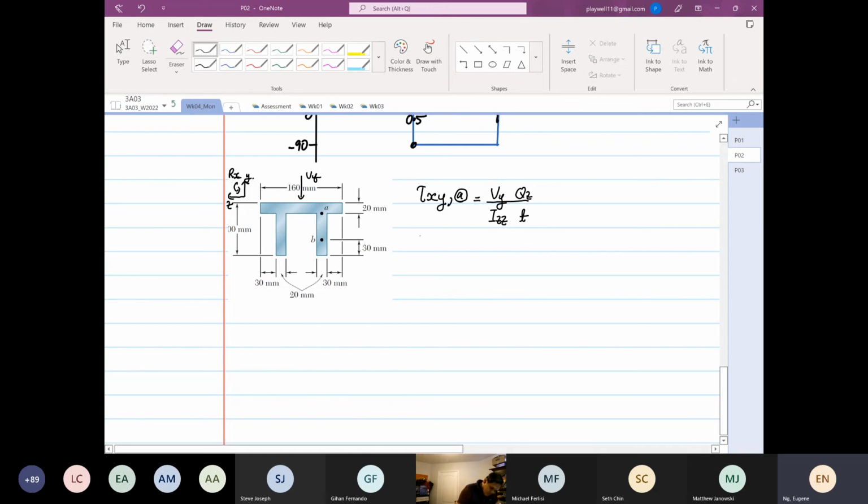We know that Vy is equal to 90 times 10 to the power 3 Newton. We are aware that IZZ is equal to 5.813